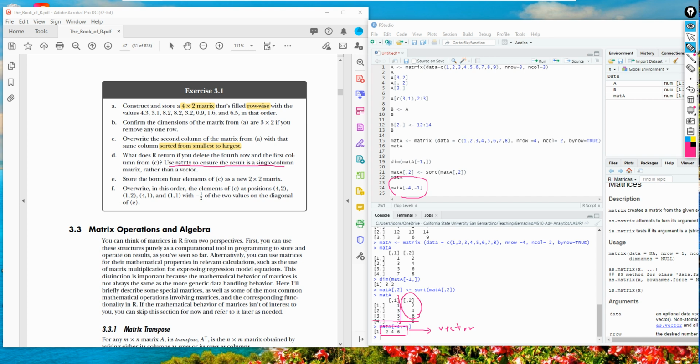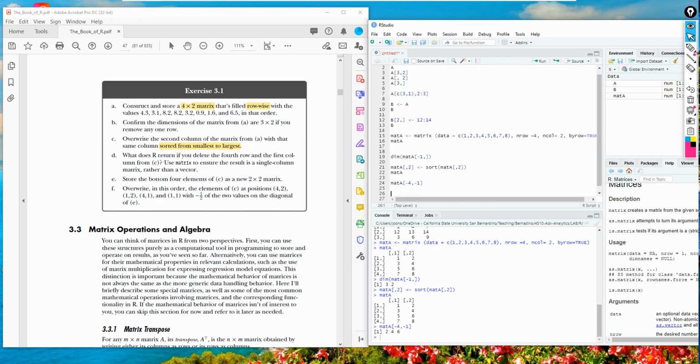So basically you use matrix, with the data equal to this vector, and now you want to convert this vector into a matrix.